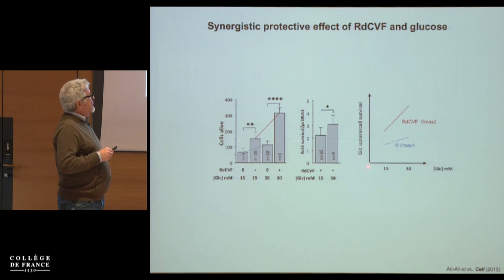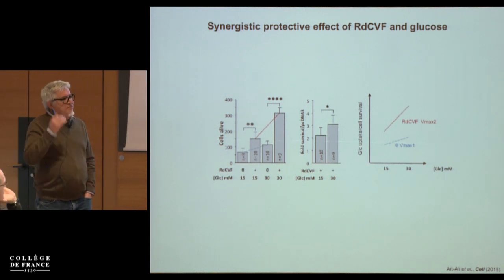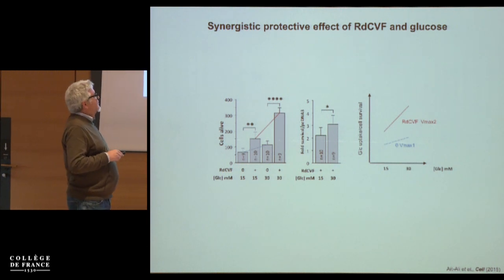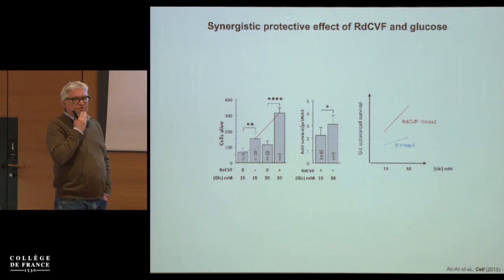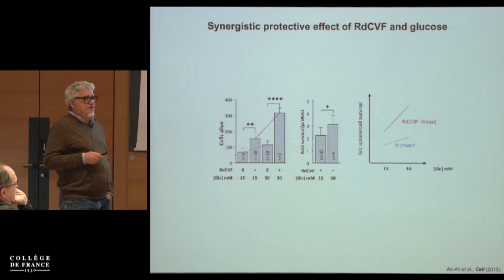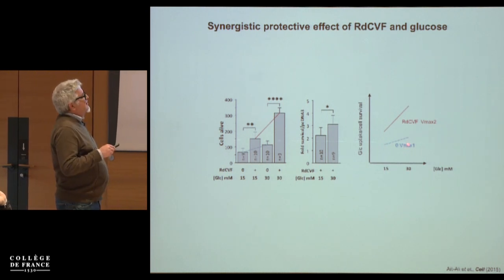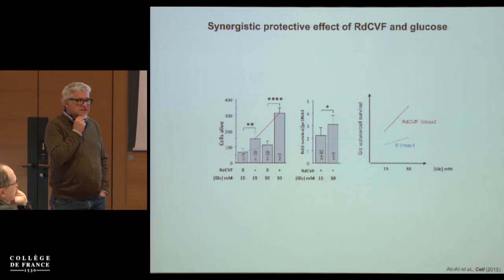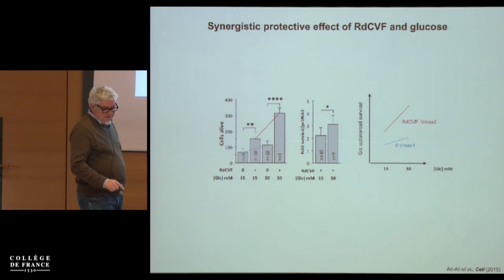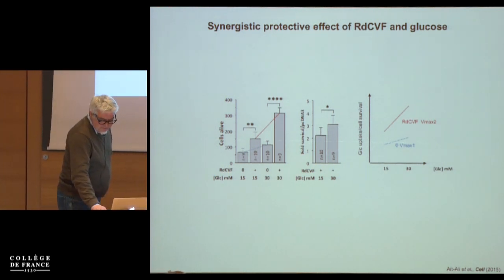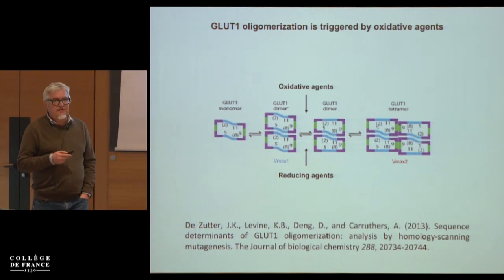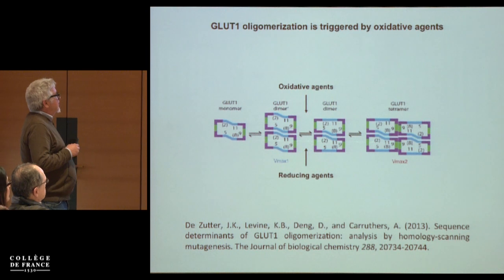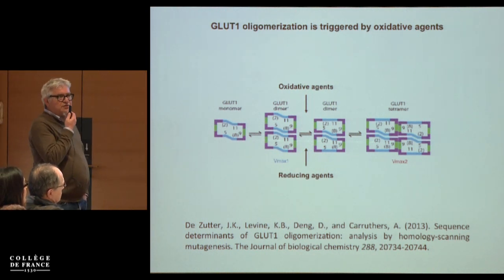glucose concentration. Being not so familiar, these last 10 to 20 days, with enzymology, we suppose that this represents a Vmax, so the maximum transport of glucose across the transporter, Vmax1 in the absence of RDCVF, and this represents Vmax2, which is the Vmax of the transporter in the presence of RDCVF. So what could happen, and we thought about this, is the only way the Vmax of the glucose transporter GLUT1 was modified is